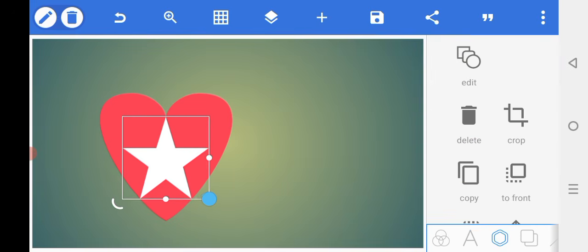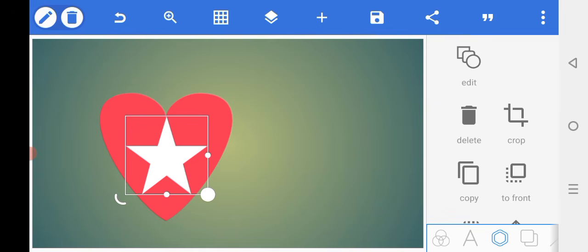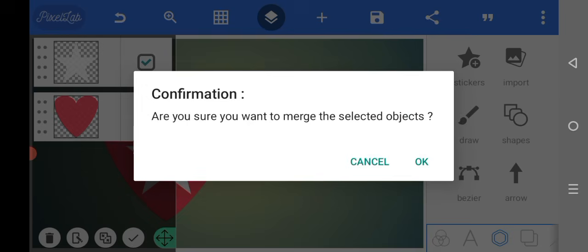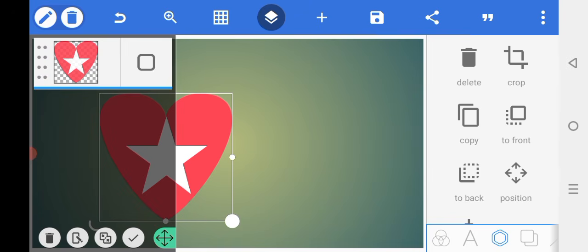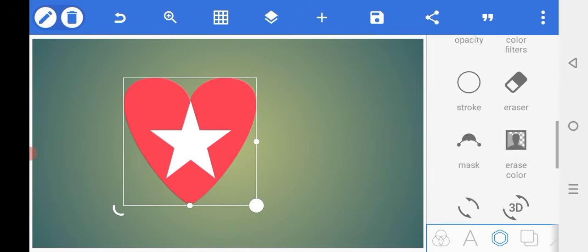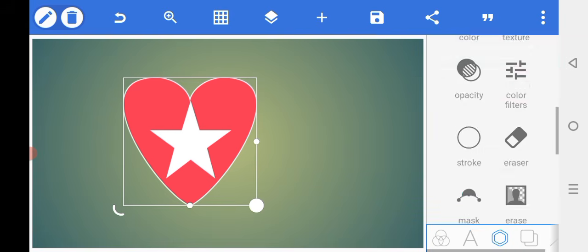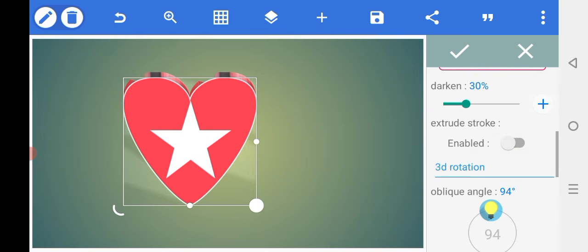How to make a designing shape on Pixel Lab easily. Open the Pixel Lab, select a shape, remove the background color, duplicate the shape, change the color of shape, select the stroke, adjust the color weight, select the 3D shape,